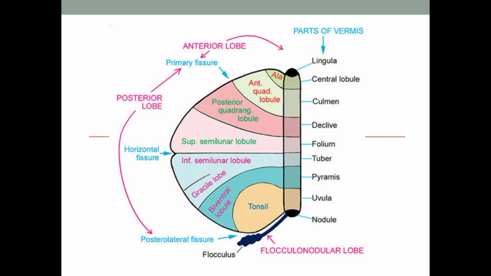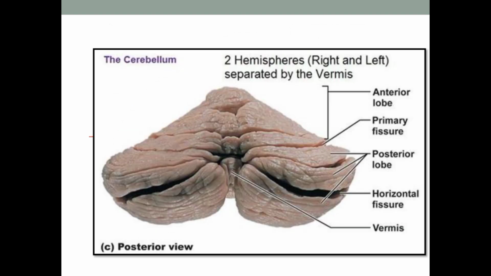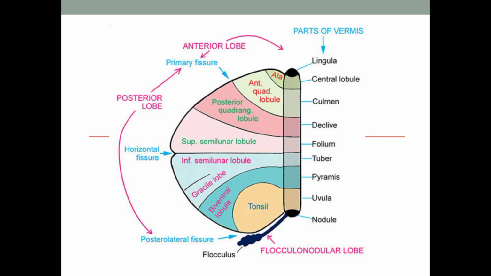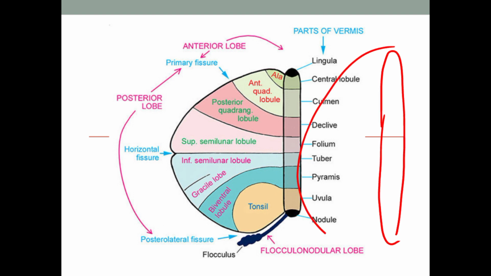So first remember the fissure. You can see here this is the center which divides into upper and lower. This is called the horizontal fissure. So draw a horizontal fissure. Okay, so what you have to do is, see here, first is the vermis part you have to draw. Then in the center you draw a fissure called the horizontal fissure. After that you draw one more fissure. You can see here it is called the primary fissure.